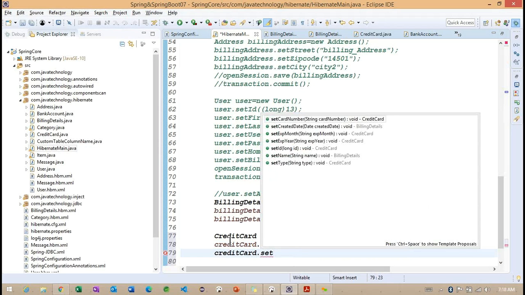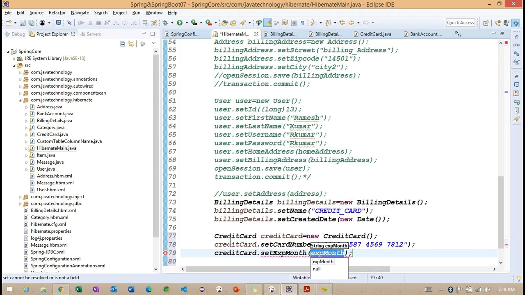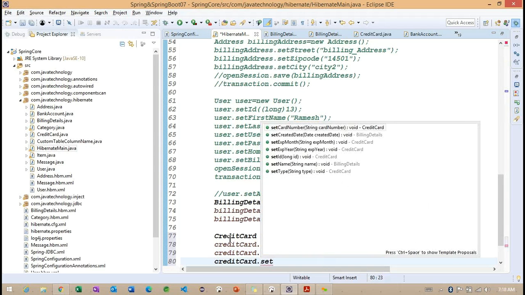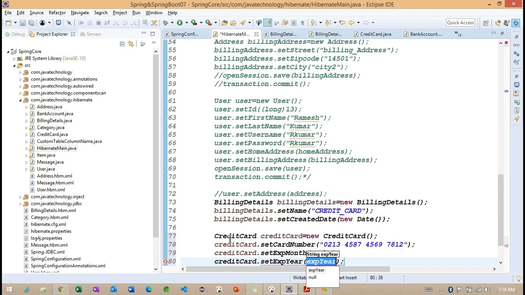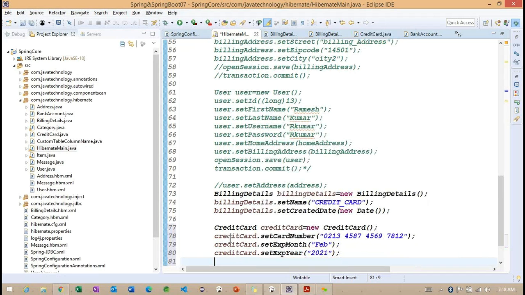And expire month is here. So at the particular expire month, what we need to specify here? Feb. And expire year, 2021.